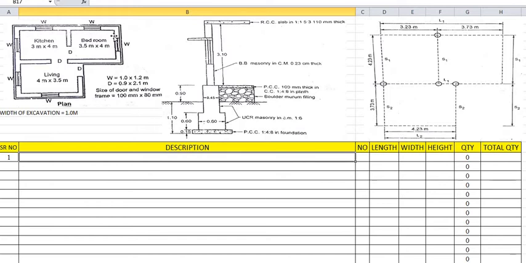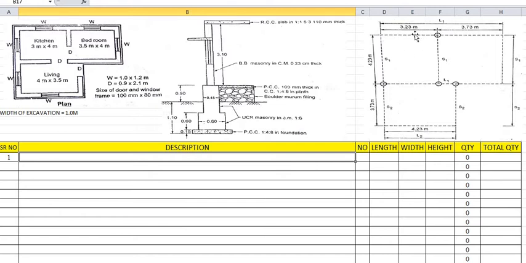No. It will depend upon the complete length. If the complete length is more, we will consider it as long wall. If the complete length is less, we will consider it as short wall. So here we are considering this horizontal as long wall. As they are along the same line, we will add this 3.23 plus 3.73. So this complete addition we will consider as long wall. So L1 is the long wall.